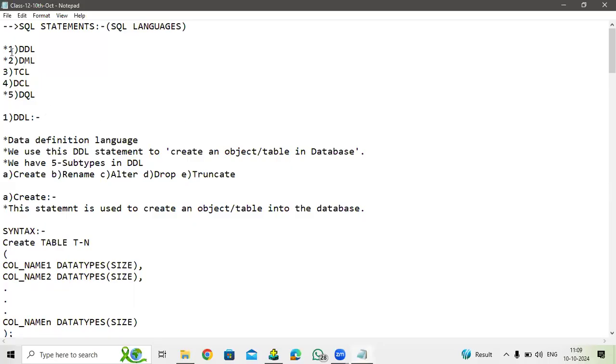So DDL, the first one, data definition language. DDL stands for data definition language. This is the DDL which we use to create an object or table in the database. We use these DDL statements to create an object or table in the database. So for example,